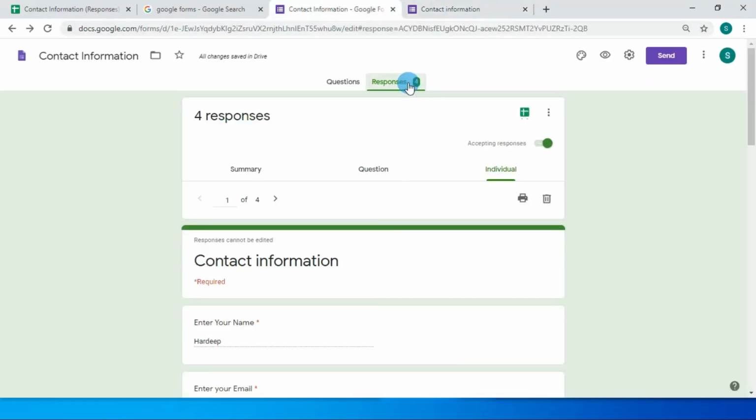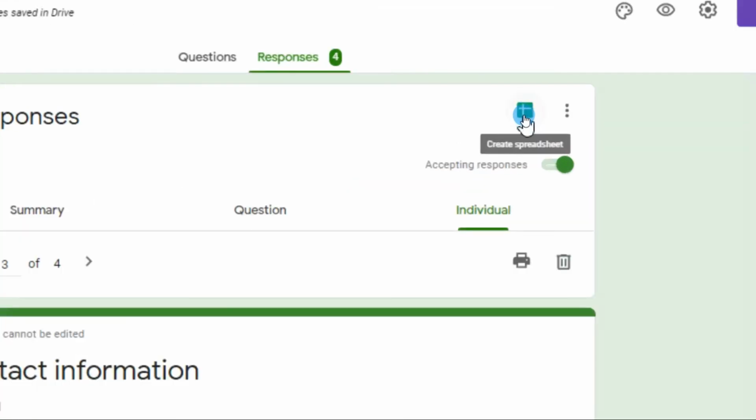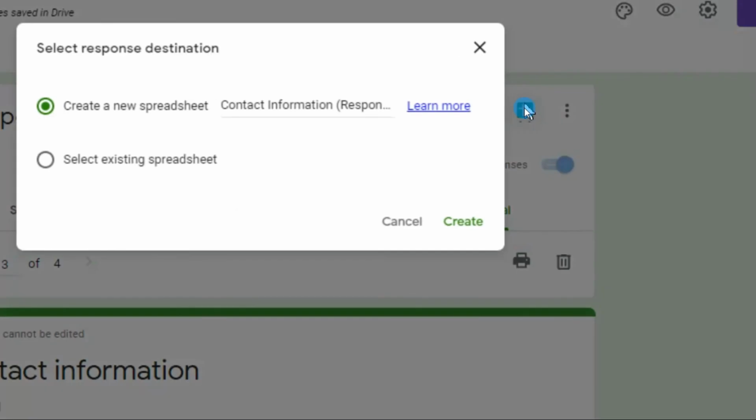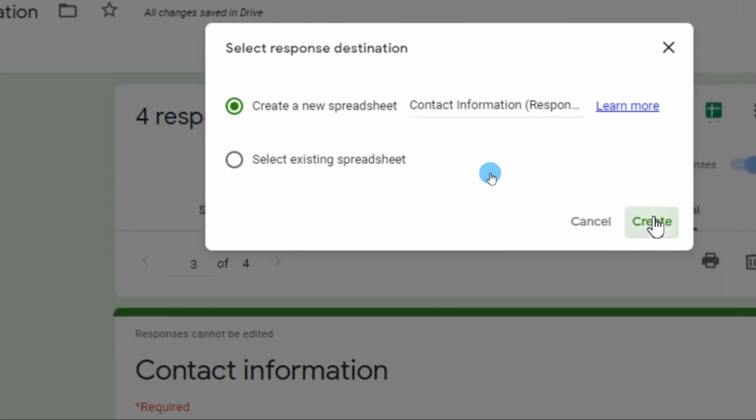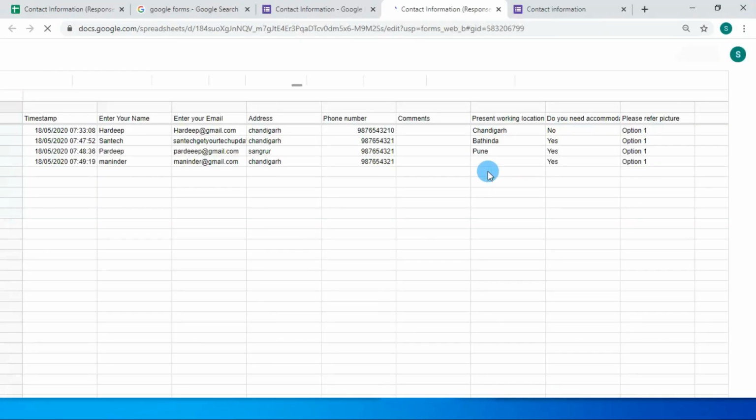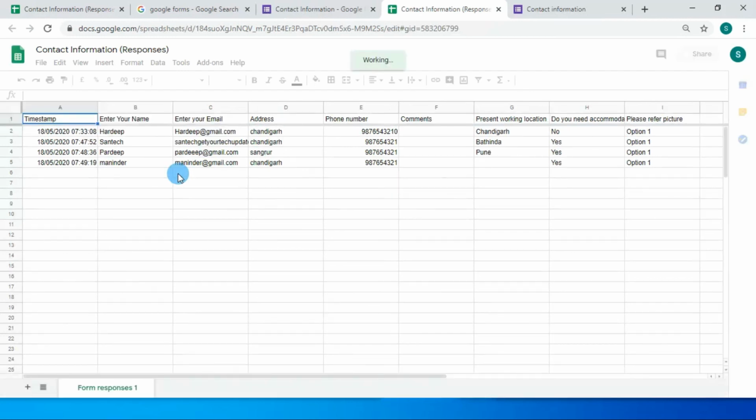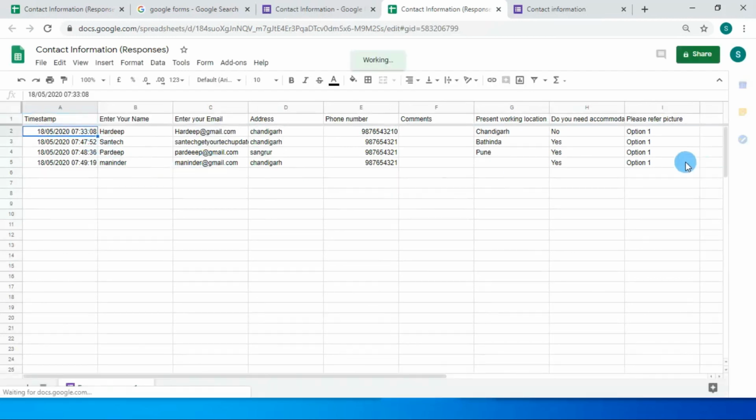Here you can see that the responses are available. We can see them one by one by clicking these arrow keys, or if we want to convert these responses into Excel format, here you can see that one button is there. We will press this button and create the new sheet, and our Excel sheet will be prepared for the responses. The responses are available in Excel format in an organized form. So we can copy paste here, or we can copy paste in another file. So it is a very easy and effective way to get the responses from the user.